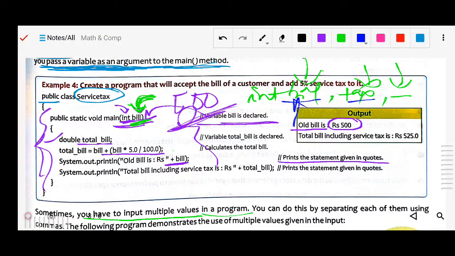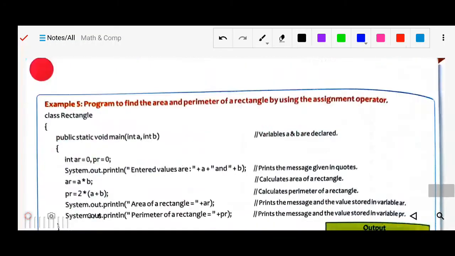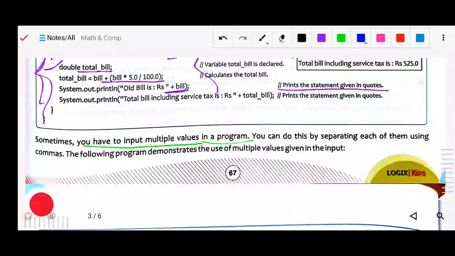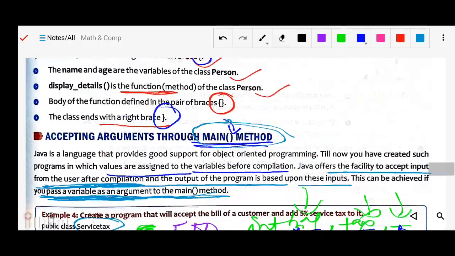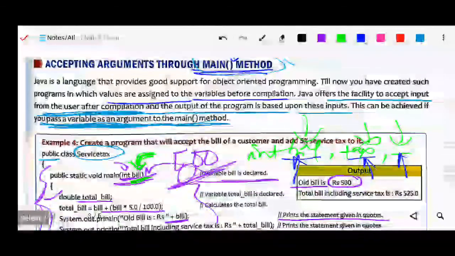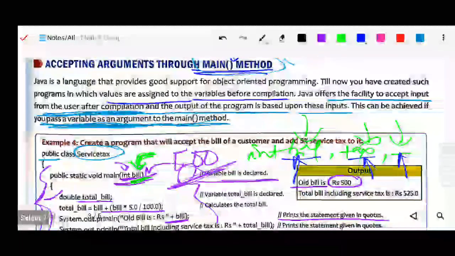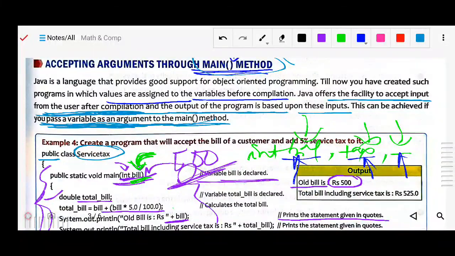So you enter the value of this and this; you have to input multiple values in a program. You can do it by separating each of them using commas. The computer will ask after compilation, enter the value of this one, enter the value of this. Here only bill is there, so one time it will ask. If two or three were declared, then two or three would be asked. You can try it the same way in another program.